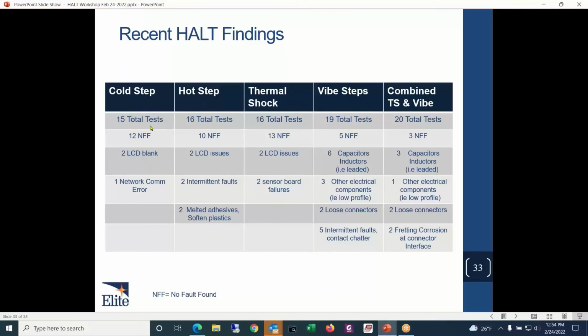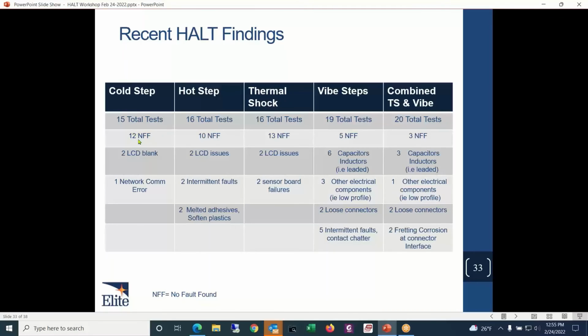This is about maybe a year's worth of HALT testing, looking back at previous reports. We can look back at 15 total tests, looking back at how that product managed itself in that HALT test, out of 15 reports that we examined,